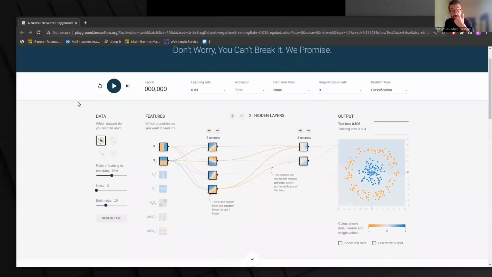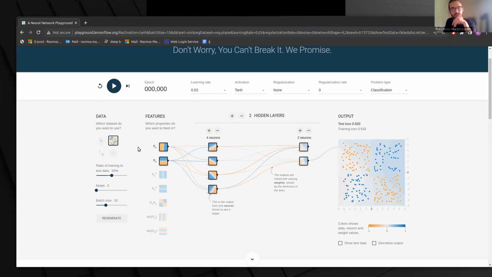So here, this is Google's implementation of a neural network in their flagship, TensorFlow, which is a Python implementation of doing neural networks. So here we're having data. We can choose what kind of example you're looking at. So here you want to classify between these orange and these blue dots, and now we choose some data to come from a checkerboard kind of installation. So it's a non-linear dependency on x and y.